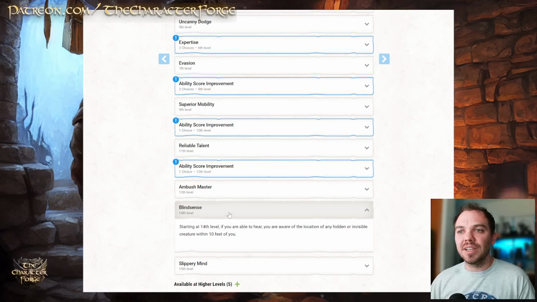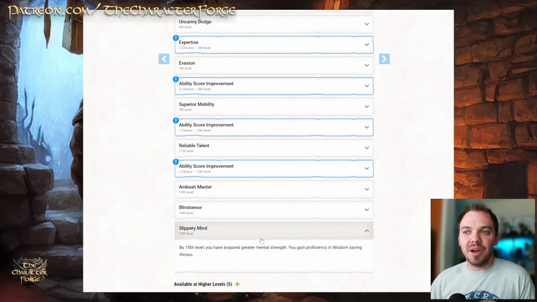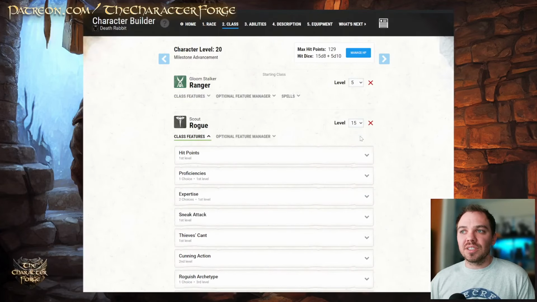So a lot of really cool play style there, especially with building that sort of assassin bunny rabbit build. And then we get Slippery Mind, which gives you proficiency in wisdom saving throws, which is cool. You can, of course, drop those last 2 levels, drop Blind Sense and Slippery Mind, to instead go for,